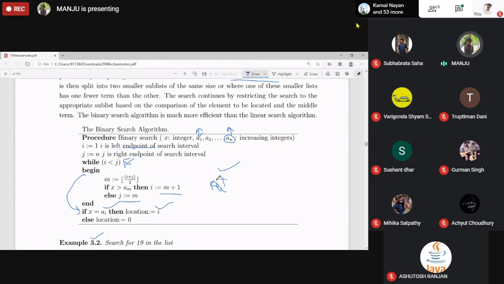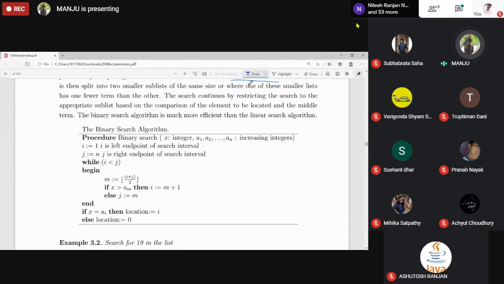Otherwise, if x is not equal to that only single element we got in the last, then the location will be 0. That is, x is not present in the list. Understood? Yes? Any doubt? Understood?